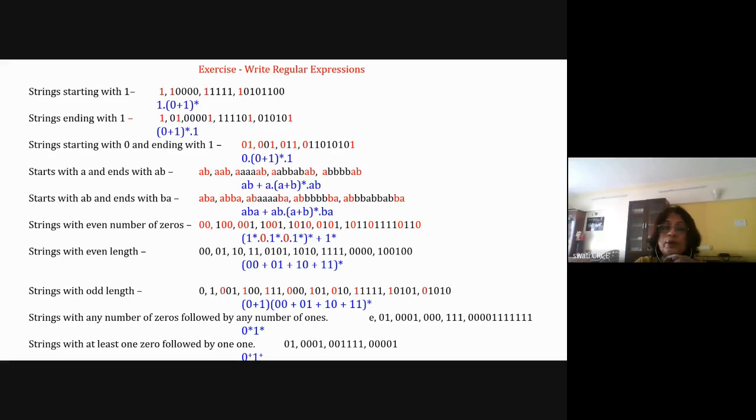Okay. Those who have not understood, I'll upload this PDF also, and just go through it today and solve on your own. Now the next problem is string starts and ends with the same letter, where sigma is equal to a comma b. If string is starting with a, it should end with a. So here also there is a boundary condition. If it is starting with a, only a is also a valid string.